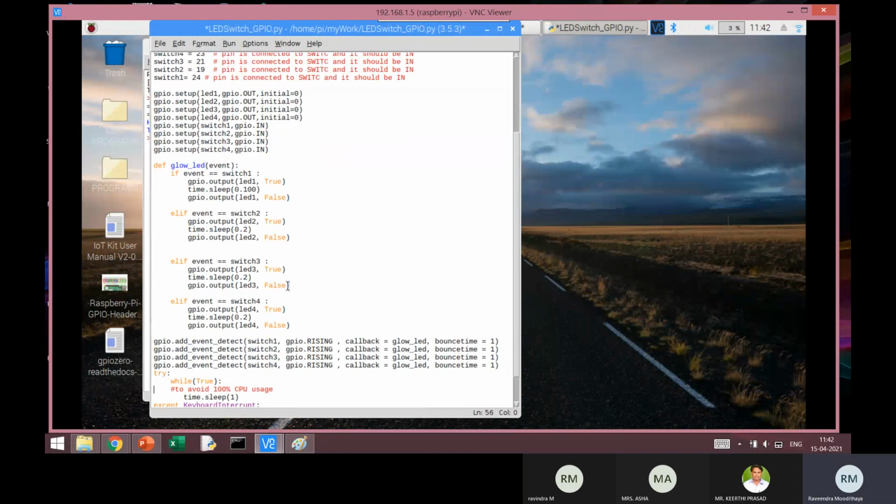It can be different also, but this is a simple code in which the same function is used, and inside the function there is a detection of which key is pressed, and then the operation is done on the particular LED that you wish to operate on. So these 4 lines will detect those rising edges in the respective keys, and in case switch 1 is pressed, this function is to be executed.